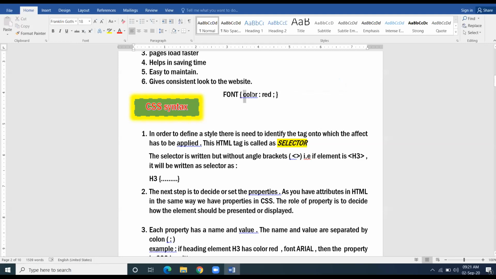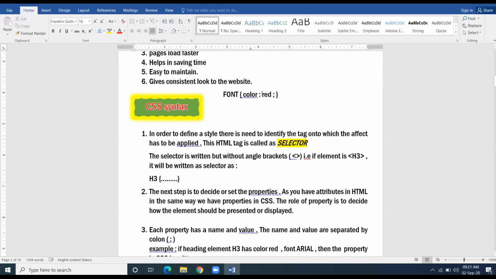This complete statement is called declaration. Property declaration. And the property declaration is always ended by semicolon.